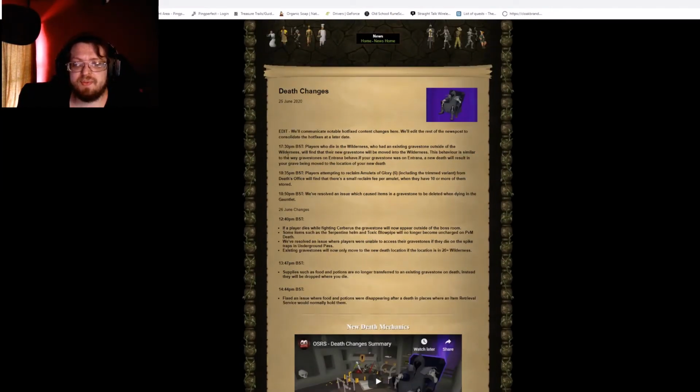But it does say at 1730 BST, players who die in the wilderness who had an existing gravestone outside of the wilderness will find their new gravestone will be moved into the wilderness. This behavior is similar to the way gravestones on a trainer behave. If your gravestone was on a trainer, a new death will result in your grave being moved to the location